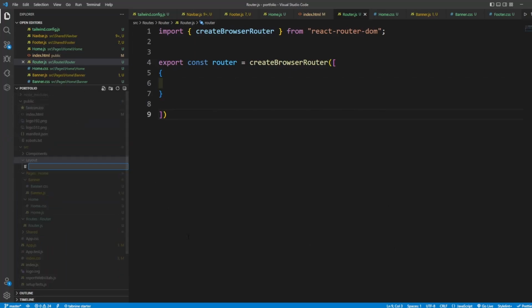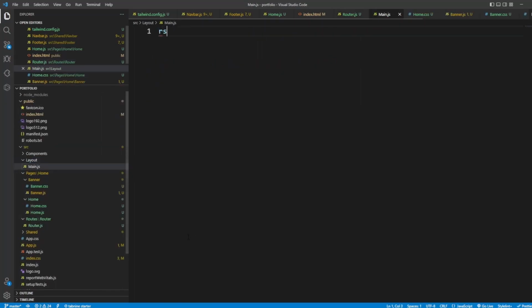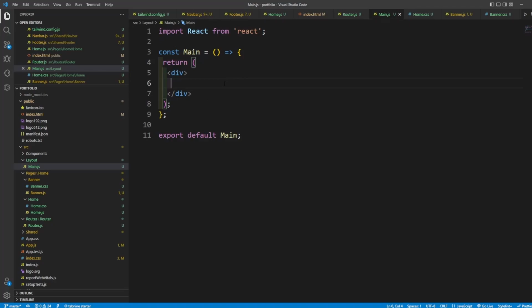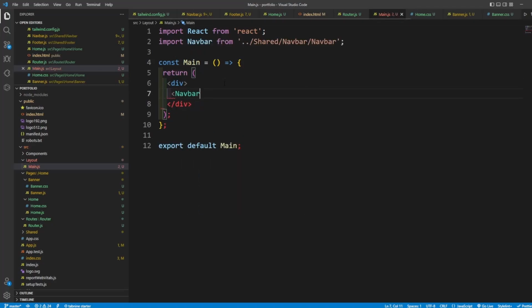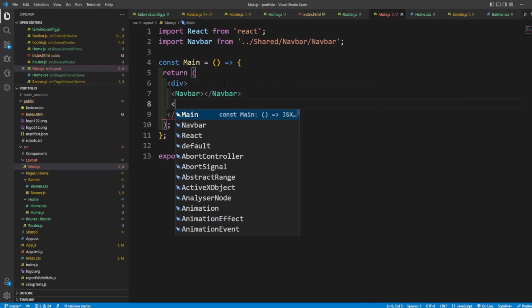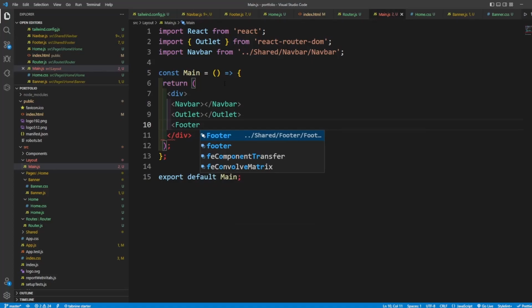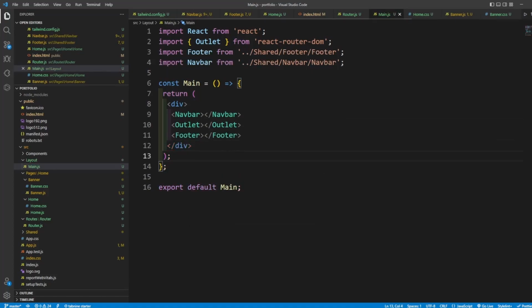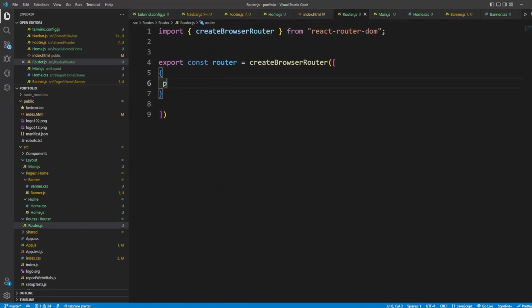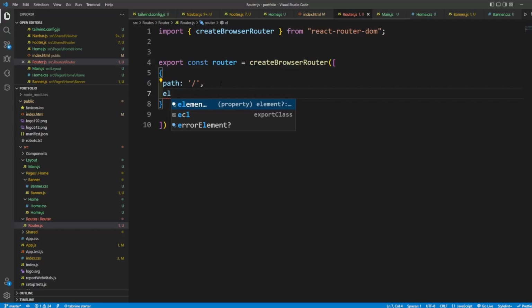In the layout folder, we are going to write main.js rsc. First thing, we are going to import the navbar. Then we are going to write outlet, outlet. It is going to be imported from React router DOM. And then we are going to import footer tab. Right. So this is our main.js, and now in the router, I'm going to say path is going to be this, and the element is going to be main,